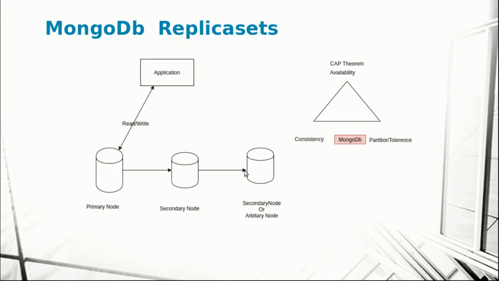Right now, when you are deploying this third instance, you can either go for another secondary node or only an arbiter node. So what's the difference between secondary node and arbiter node? If you use a secondary node, the data replication happens from the primary to this secondary node as well, right? But if you use an arbiter node, the data replication won't happen, but this node will participate in the voting process, which is a mandatory requirement to elect the primary at the time a failover happens.